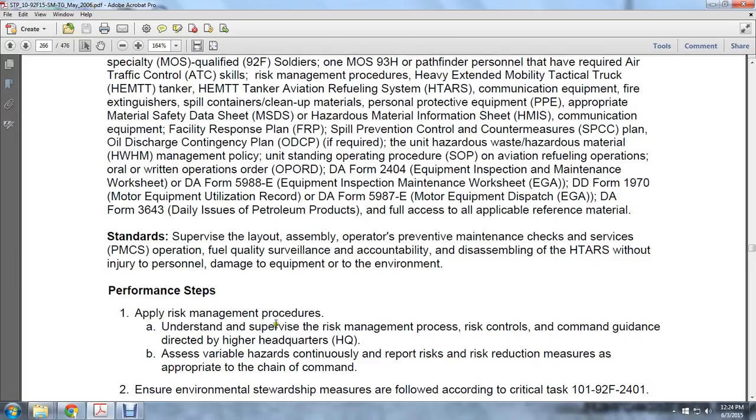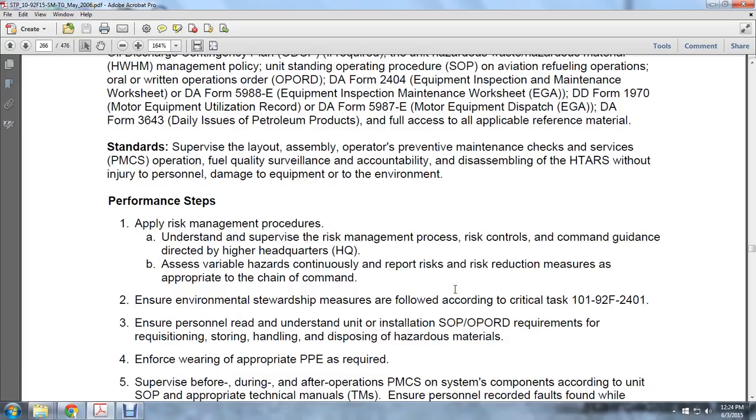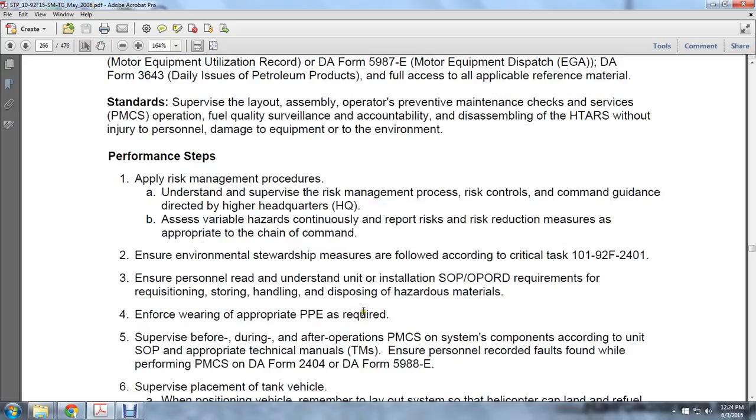Apply the risk management procedure. Understand supervisor risk management and risk controls, command guidance directed by the higher headquarters. Assess variable hazards and continue to report risk reduction measures as appropriate to the chain of command. Ensure the environmental stewardship measures are followed according to critical task 10192F2401. Ensure personnel read and understand the installation and standard operation requirements for requisition, storing, handling, and disposing of hazardous material. Enforce wearing of the appropriate personal protective equipment as required. Supervise before, during, and after operation